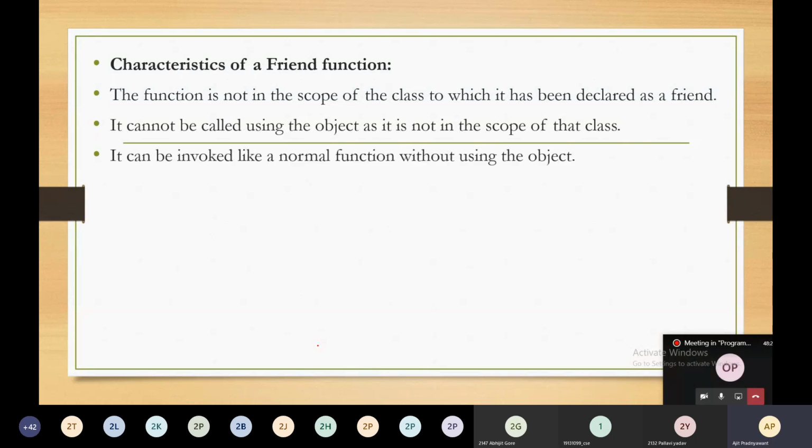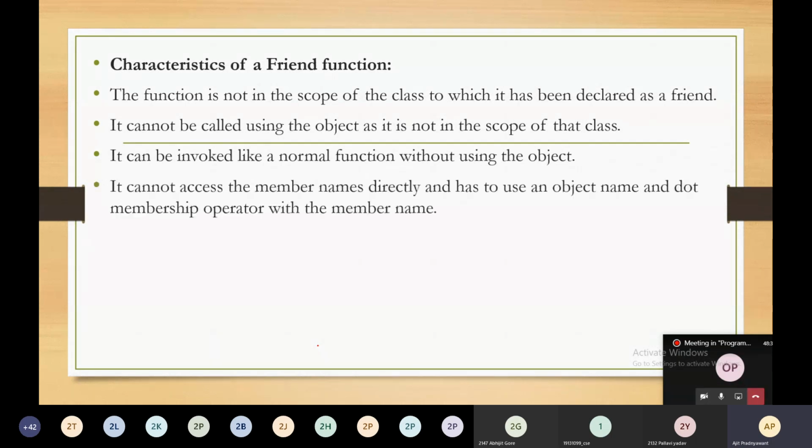It can be invoked like a normal function without using the object. It cannot access the member names directly and has to use the object name and dot membership operator with the member name. It can be declared either in the private or public part. You can declare it anywhere, either in the public or private part.